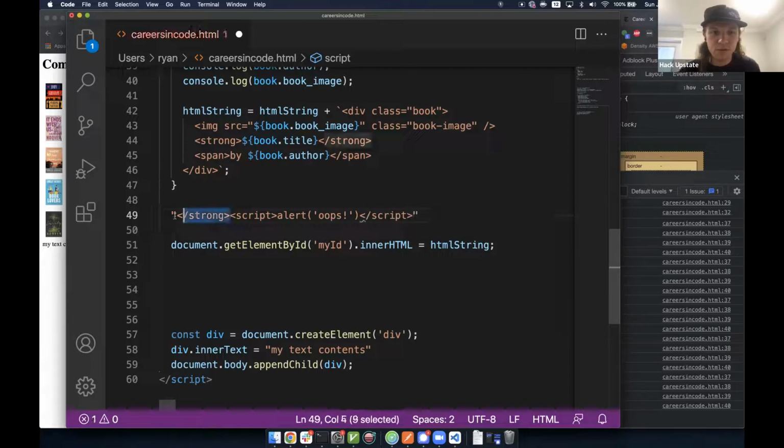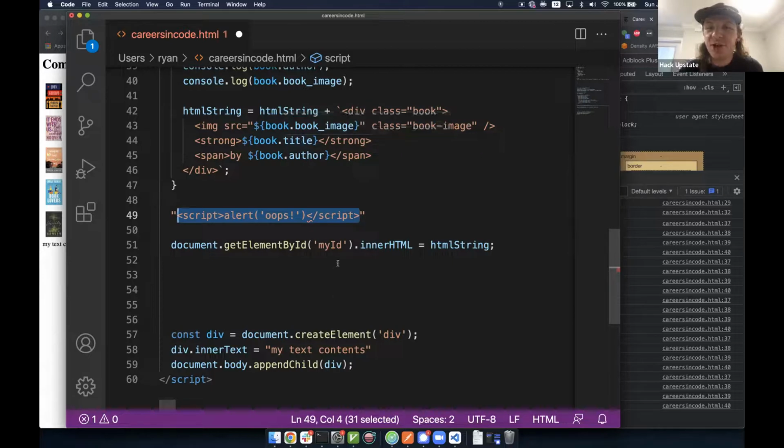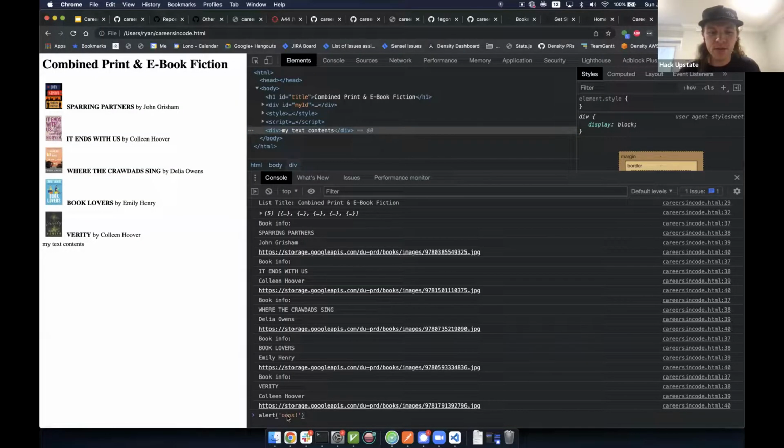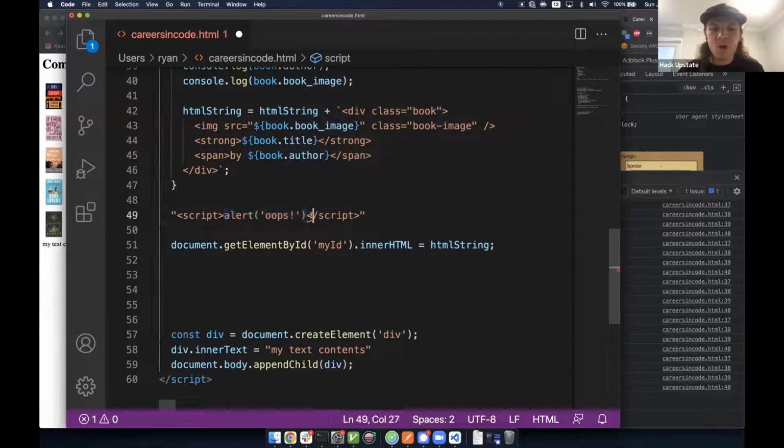Actually, this will be good enough. Something like this, where our book title is this. What's going to happen is I'm going to render this. I'm going to load the page, and all of a sudden I'm going to see an alert that says, oops. I think you folks know what alert does, but if you don't, if you run this it will pop up. So this is bad because anyone who has control of the API we're getting this data from can effectively